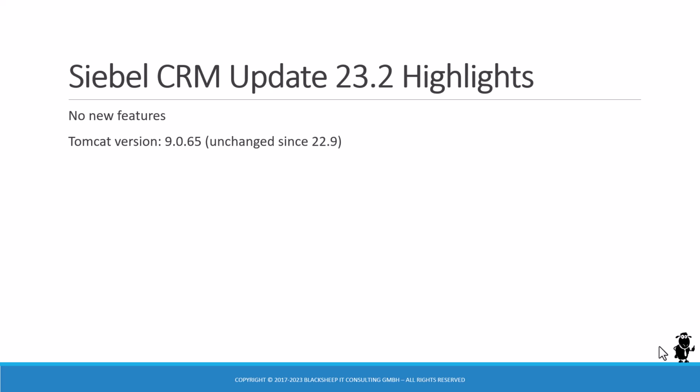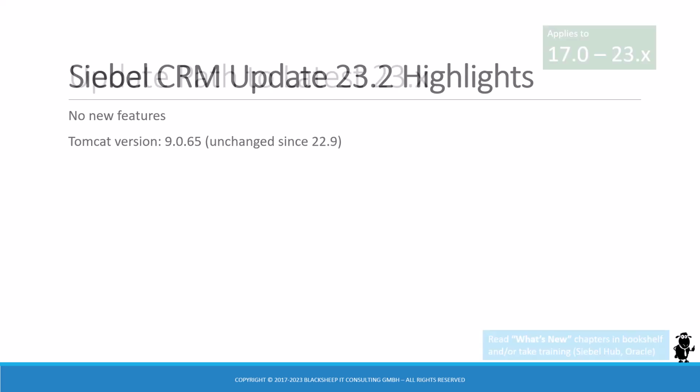So as you can see, the list of features in 23.2 is pretty small. Actually, it's non-existent since 23.2 is a no features update pack, which means there are bug fixes as usual, but no new features by Oracle. The Tomcat version is 9.0.65. We start documenting the Tomcat version here. It's unchanged since